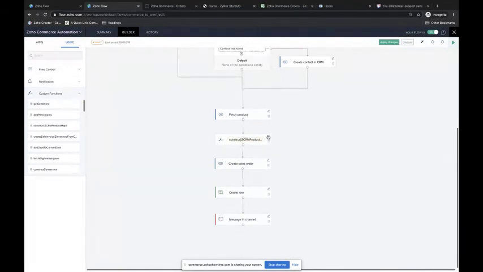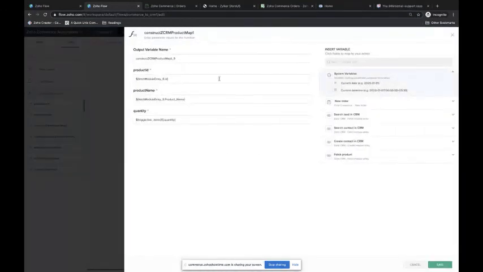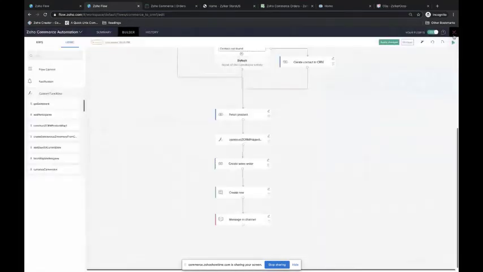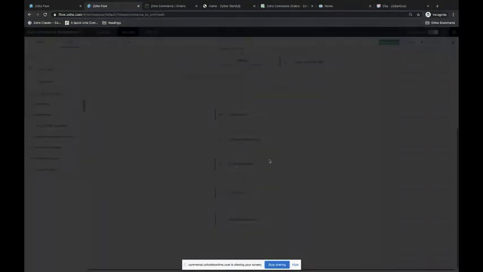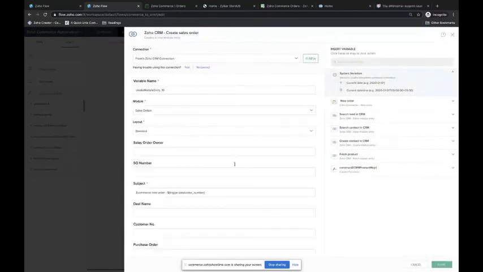What it does is it takes the values from Zoho Commerce and CRM, puts them together, and allows me to give an output. So this is basically taking the module entry. It's the product details, the quantity from Zoho Commerce. So you see, fetch module entry is another step, and trigger, of course, is new order. So some values are coming in from the trigger and some are coming from the following steps. So that way you consolidate it into a program, and then it can be passed on when the order gets created. So what we did is took this function value, went ahead into CRM's create sales order, and then mapped